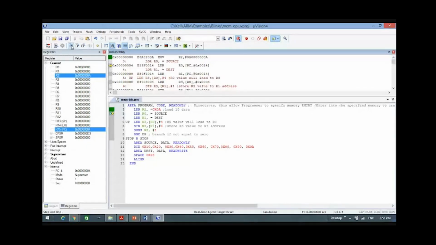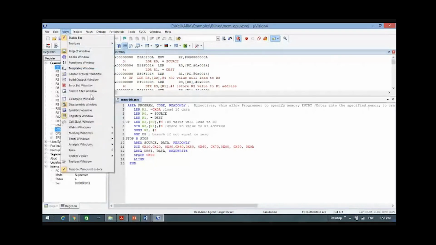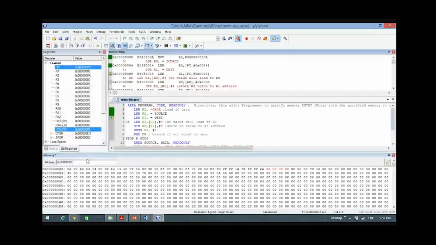It will show you where R0 is pointing to. It is showing it as 0000028. This is the source memory location. If you want to view this memory, you can say view memory window, memory 1. It will show you the memory window. You just give the starting address